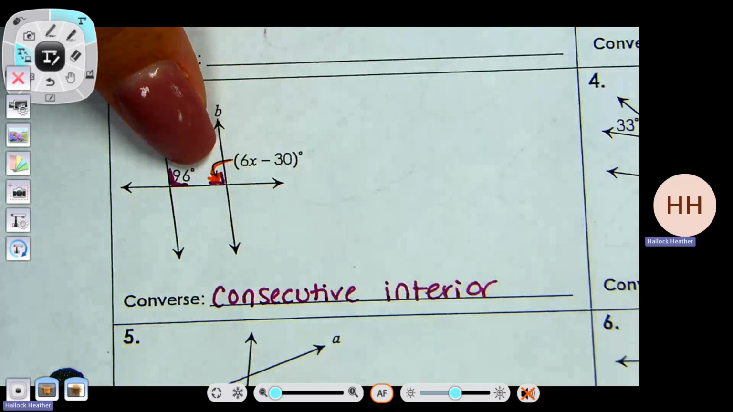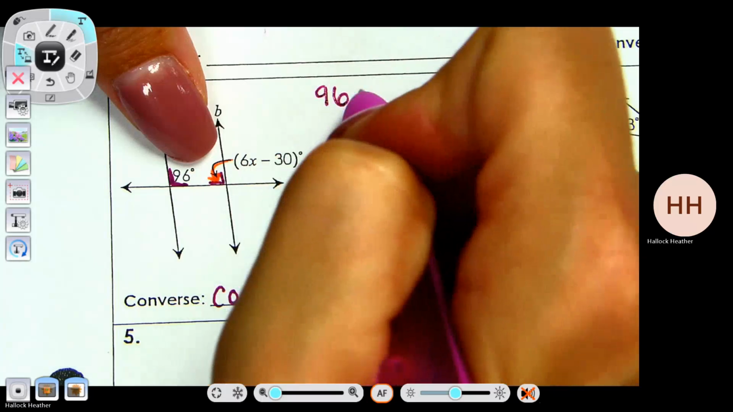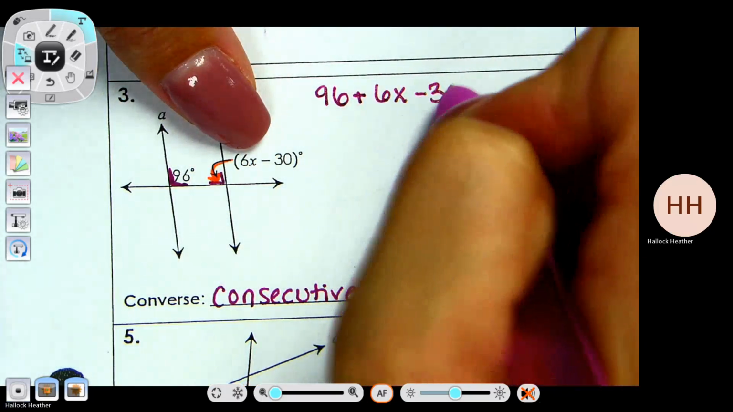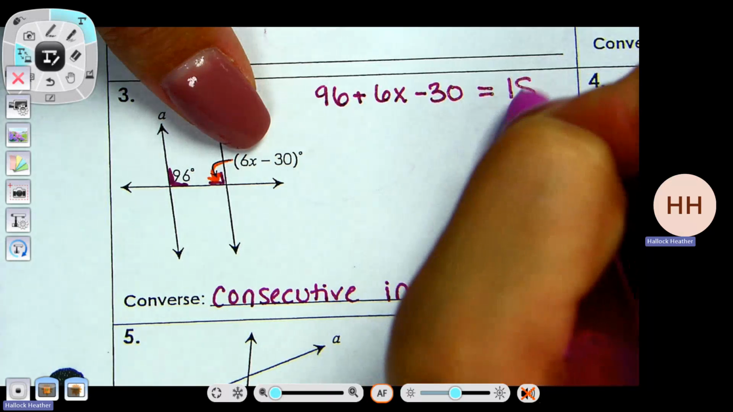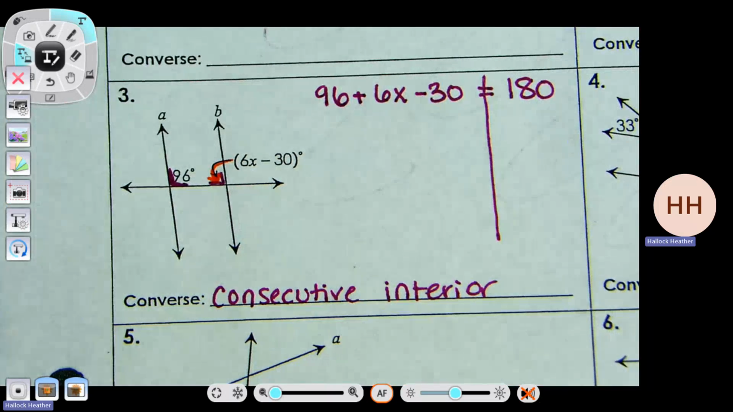So you're going to write the vocab word for every single one, and then we're going to solve. So these do not equal each other. So they add to make 180. So we're going to do 96 plus 6x minus 30 equals 180. The nice thing about these problems is there's only 2 ways to do them. They either equal each other or they add to make 180. So if I combine like terms,